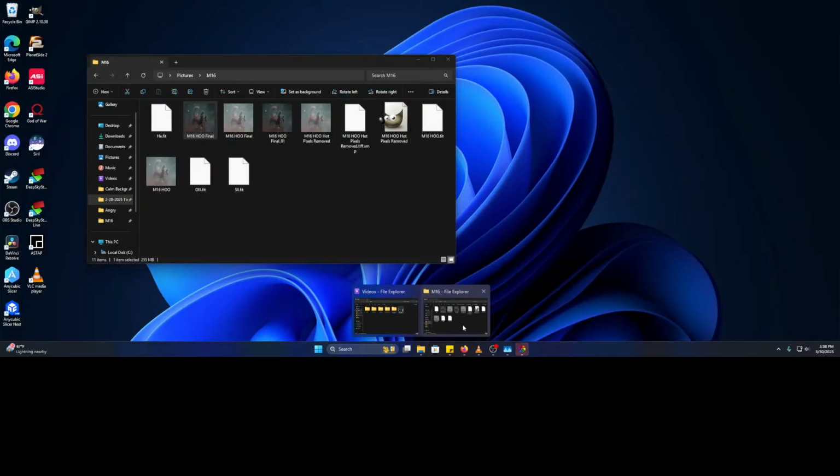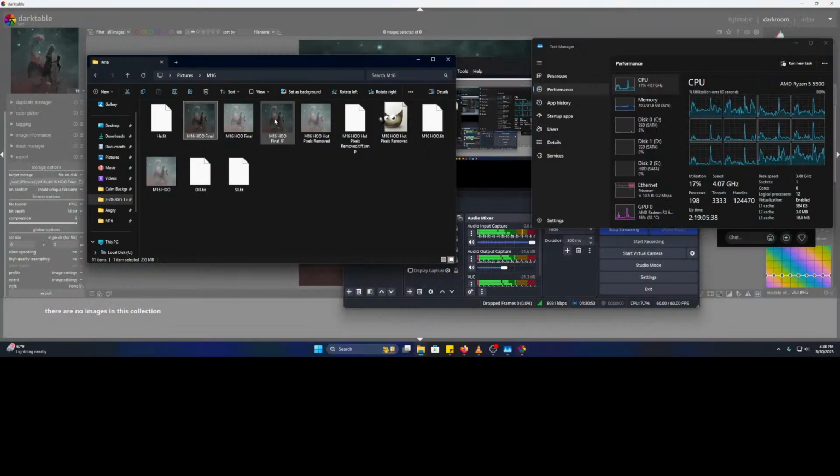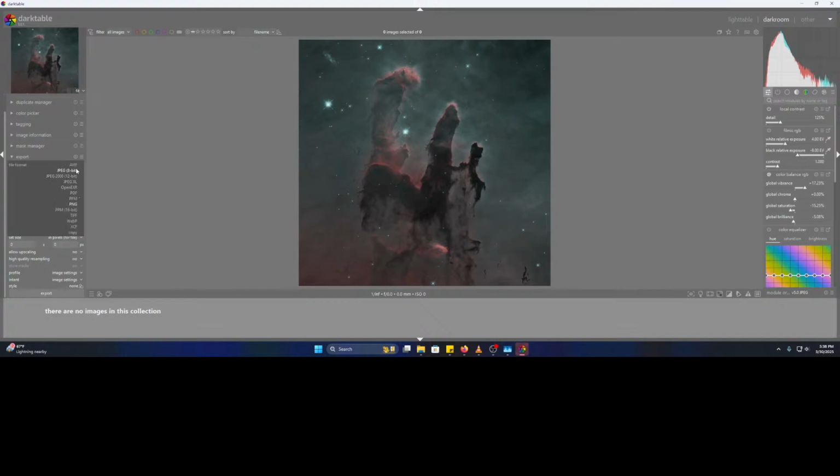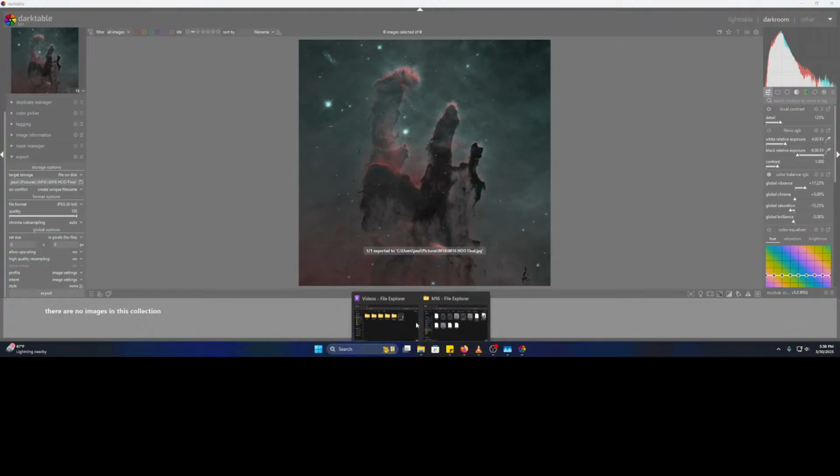Alright. There we go. 197 meg. It's not bad. Alright, now we want something. That's an 8-bit JPEG. Just for uploading to Facebook. That should be